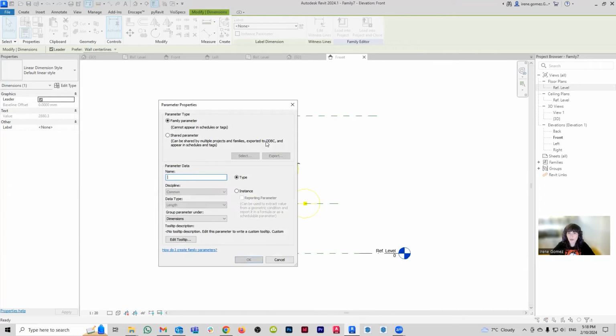So I'm going to create a new parameter so that way I can adjust the height of my cables based on my project without having to mess up with anything else. I can make it an instance parameter. Type parameters affect all versions of that family, all types of that family within the project. Instance parameters are changes that will affect each individual. So if you want to have 3 clusters, you can have them at different heights. So I'm just going to leave it as an instance, and this is going to be my ceiling height.